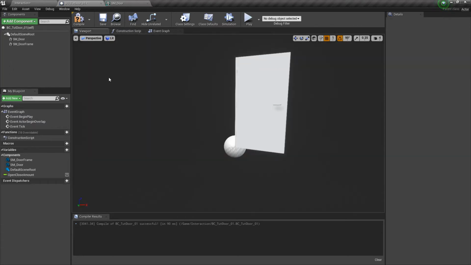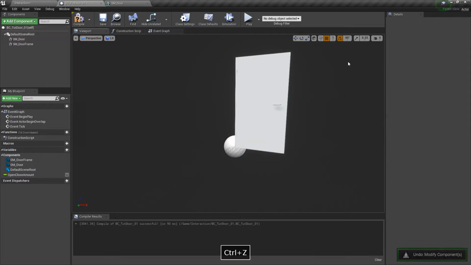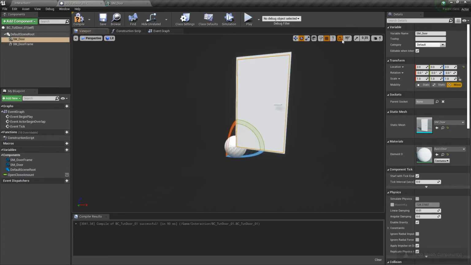So let's just check the rotation that we're going to do this on. So I click on my door. If I just rotate that the way we're going to rotate it, it's actually working on the value now, but it's going to be, in fact, let me just,